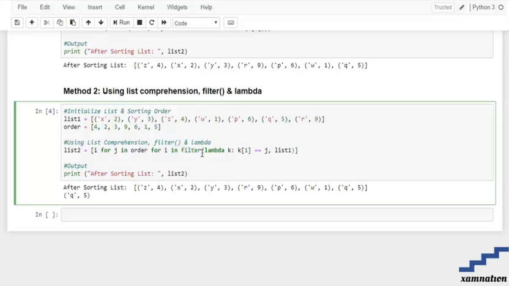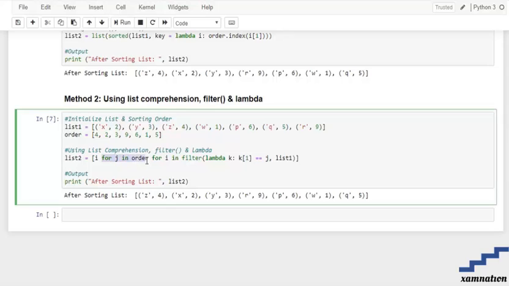What a filter function does is, it consists of two parameters. First is the function and second is the sequence. In this we have used the lambda, so we don't need to write a new function for it. So for every element under the filter, according to the lambda, which is given, is equal to j of the order. That means according to every order in the sequence, that is our list,